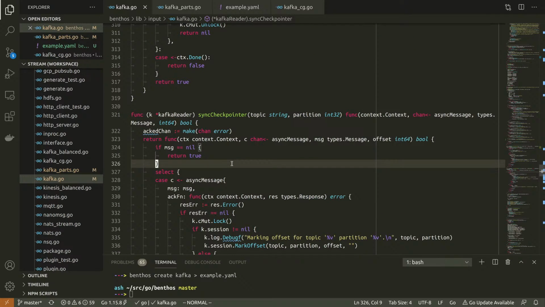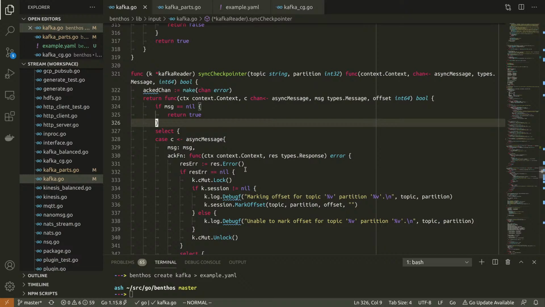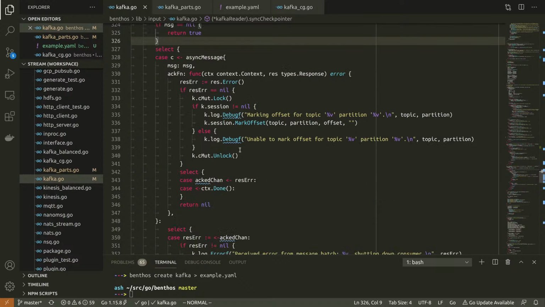So by default, you can only process one message batch from a partition at a time, because if you increase that, then you lose your in-order processing, which is a major feature of Kafka. So the default here is to preserve that, at the cost of making it more difficult to do parallel processing and utilize CPU cores, but at the same time, that's why you do things like partition balancing. So it's not a massive issue.